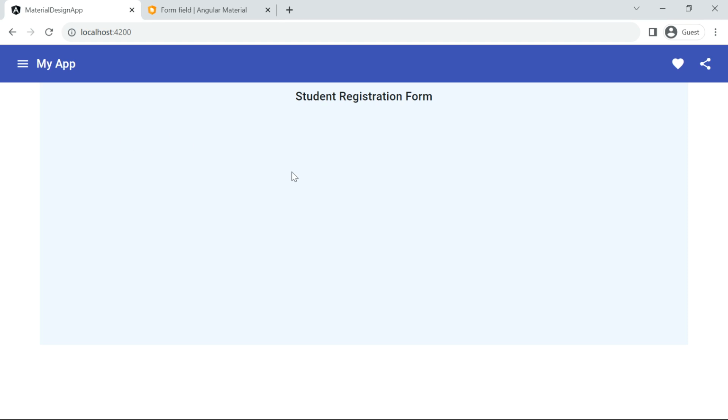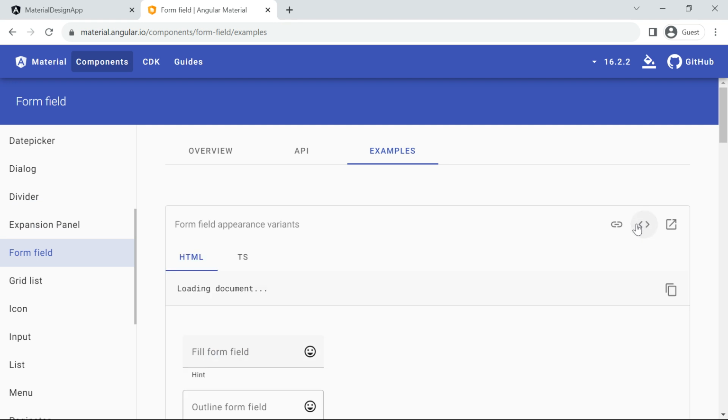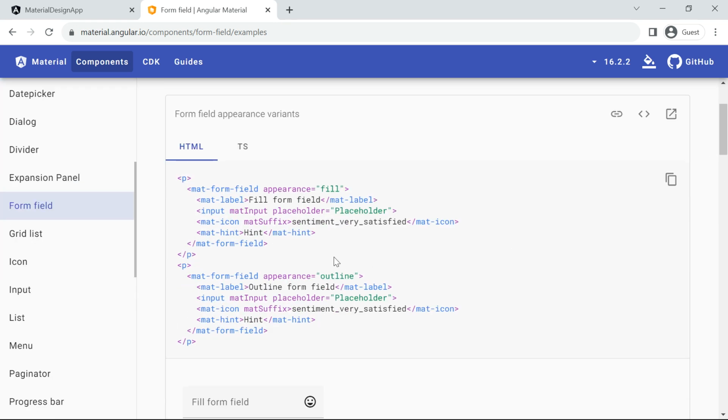That is one component right here. Let us say first name, middle name, last name. So three elements in that div are going to be printed. So from this I require, let us say, this outline, this outline text box. You can just go to the view code, or depending on your choice, you can go for this fill also. There is just only one change. So I'm going to copy this code,